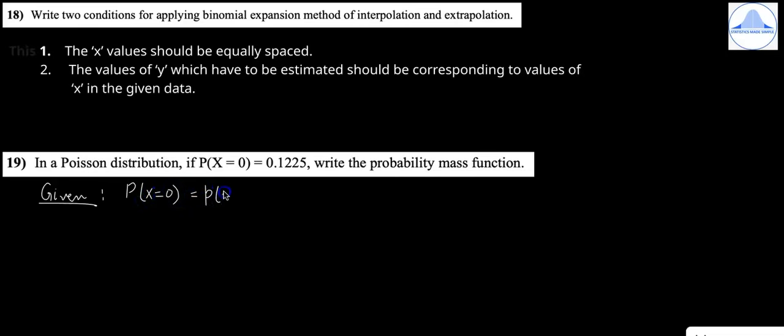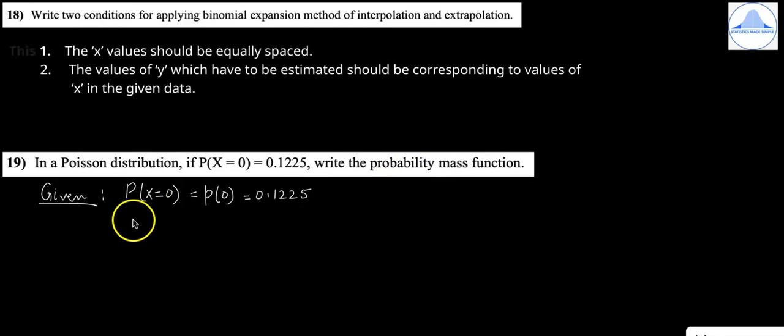That means P of 0 is equal to 0.1225. Usually they'll give us a value of lambda and then we find out the probability for a given value of x. But here they have already given us the probability and they have asked us to write the probability mass function. So if we have to write the probability mass function, we need to find out the value